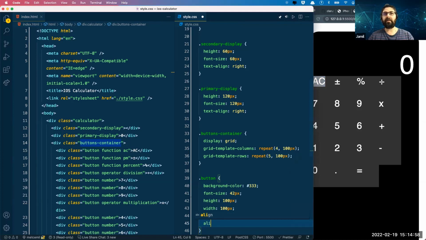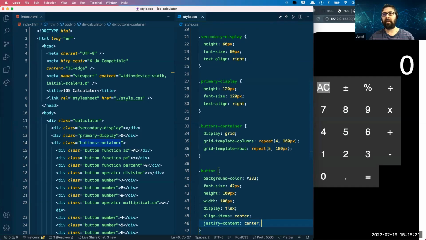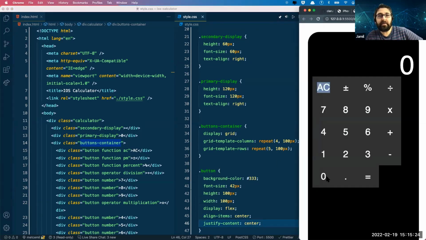So align items center and justify content center. Nice. Now they are in the center, but it's square, and they have no